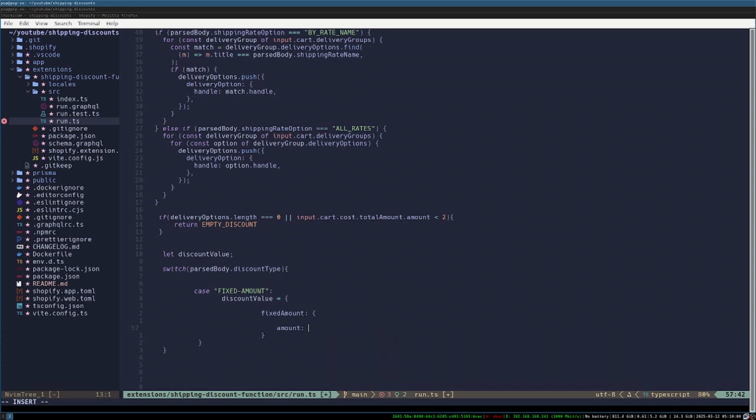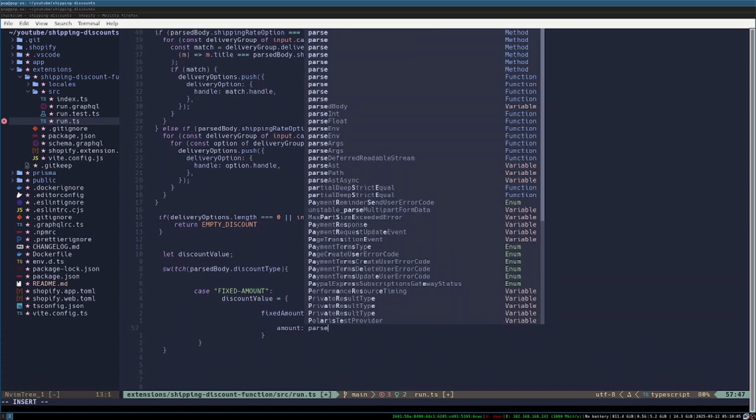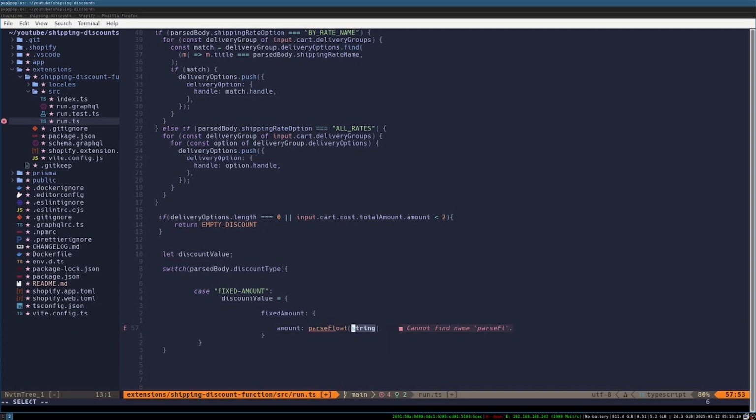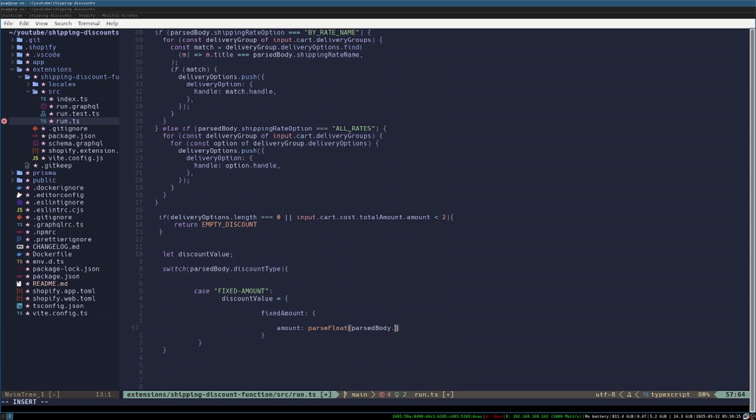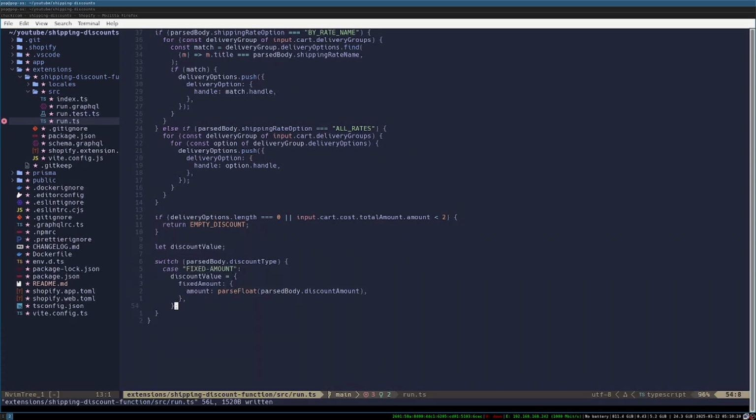So the amount here, and then we're going to pass discount amount. So let me just parse float to convert this to float, and then parsed body that, and then its discount amount. Let's format this document. Okay, so that's in this case, so I have to put a break here. And now in the other case, okay, it's here. So in the other case, which is the percentage,